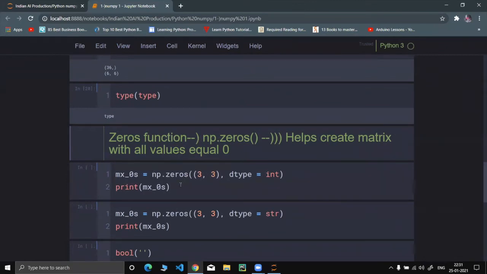Let me introduce how you use these functions, like the zeros function or the ones function. You use them for making a matrix when you're dealing with neural networks. I have done a social distancing project, where we need to show which color should be chosen, like in object detection.